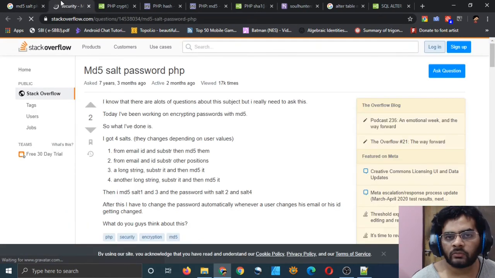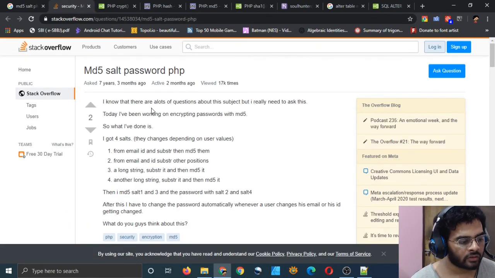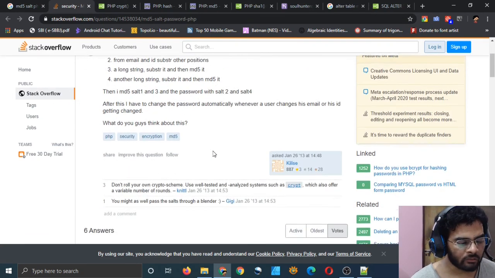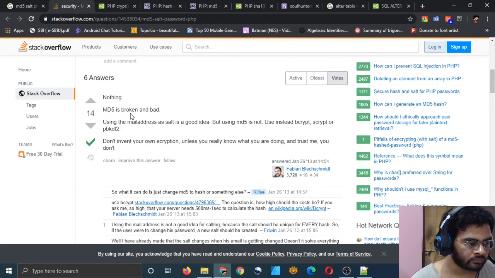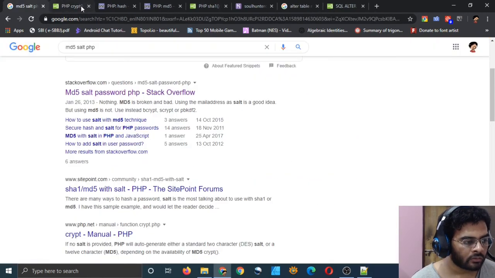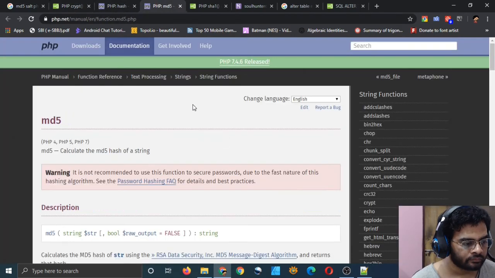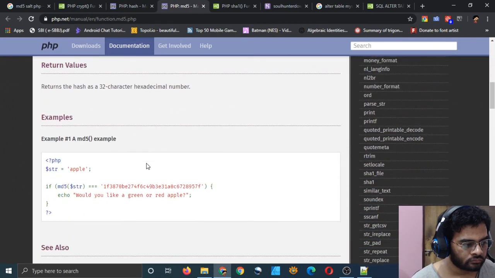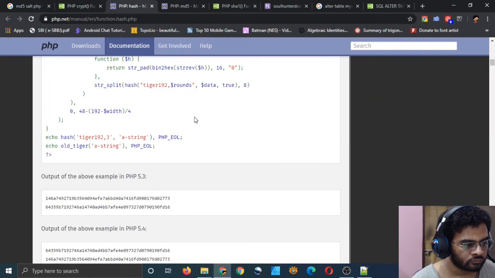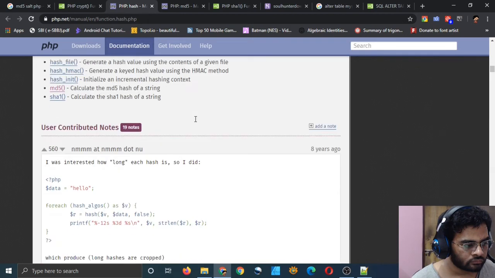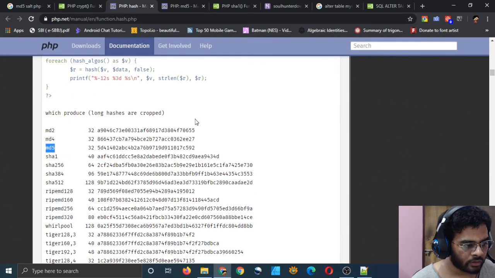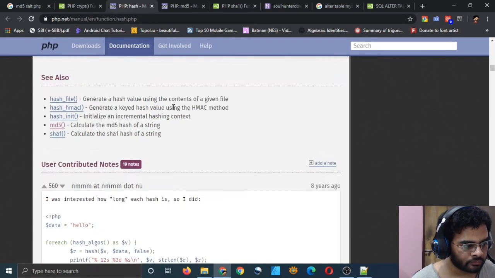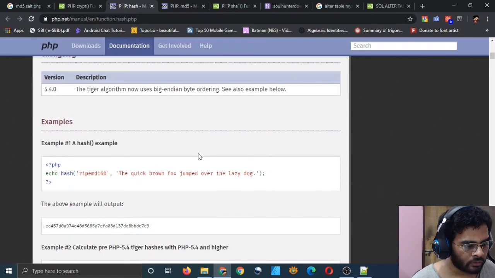You can provide some salt value which actually makes your hashing even stronger, but I doubt we need that kind of hashing. I will just use regular hashing right now. As of now, we will see in future if we want to use something else.